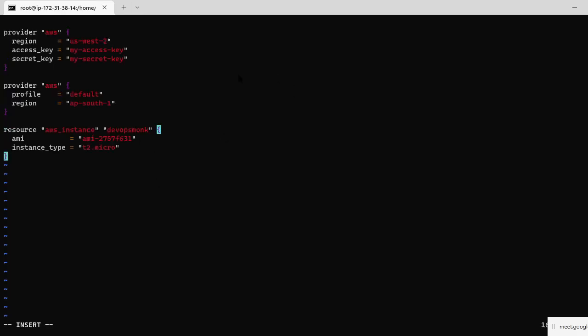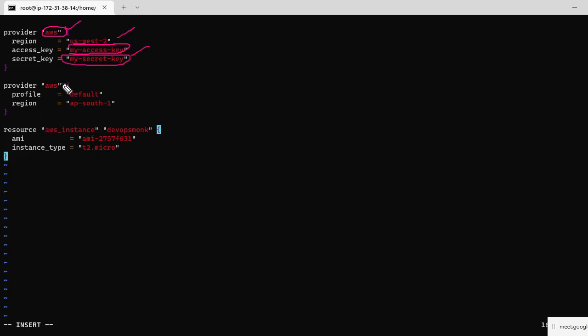AWS provider, you can give Azure, GCP, whatever. The region is US West or wherever it is. Then after that my access key and my secret key, which we have just taken, we have to pass.